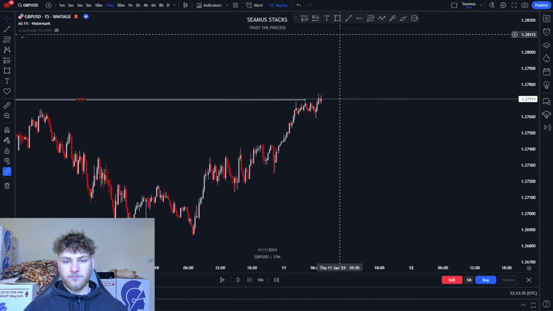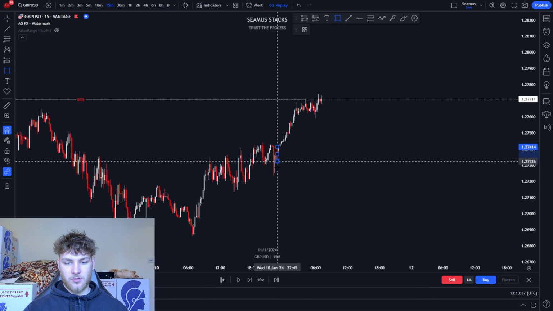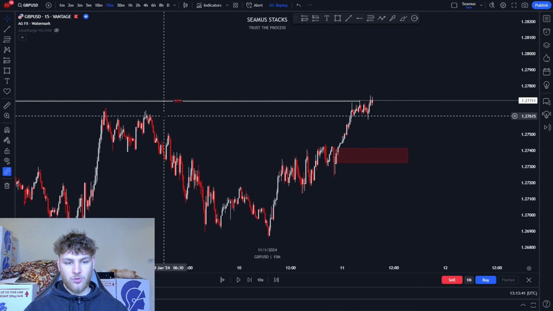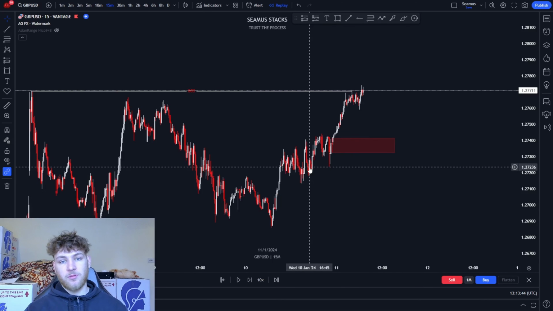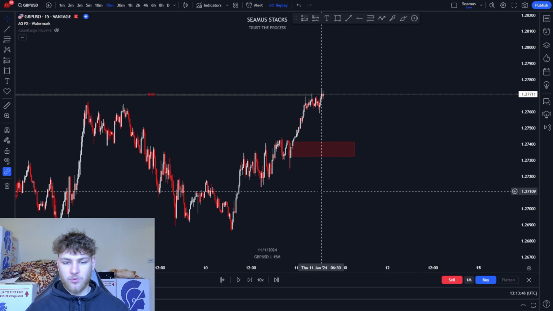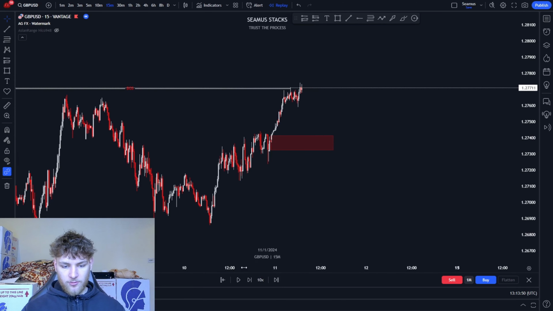People would think, okay, this is a valid demand zone to buy off of, because this is the demand zone that gave that strong push all the way to the upside. And potentially you may be correct. However, you're not going to get that full strong move that you're looking for. So if we play price here,